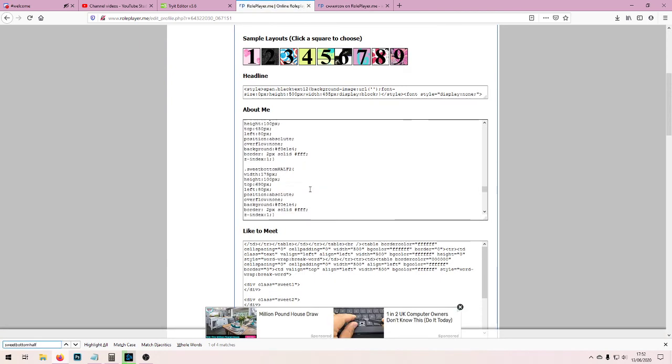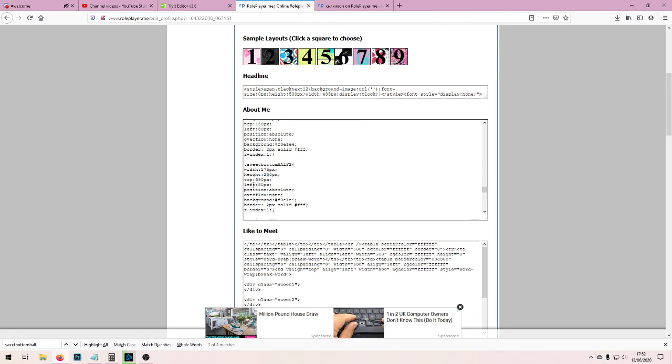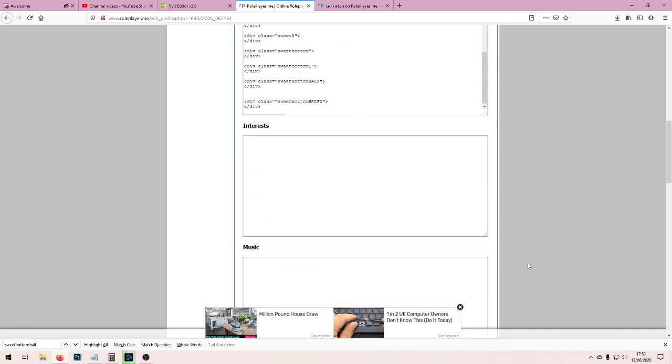Where did I go wrong there? Oh, because I didn't change width. I do apologise. Your height needs to change. I'm sorry. Because I didn't change my height, even though I'd gone through it in the process, I didn't do it. So you need to change your height to 230 as well as the left. So remember that. You need to change the top and the height. And then when you click save,